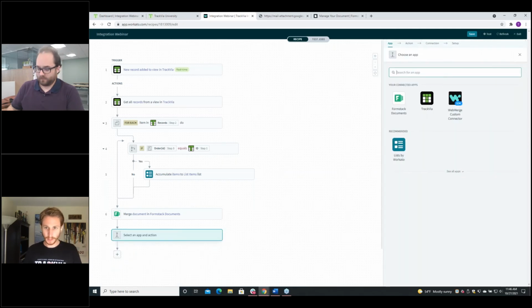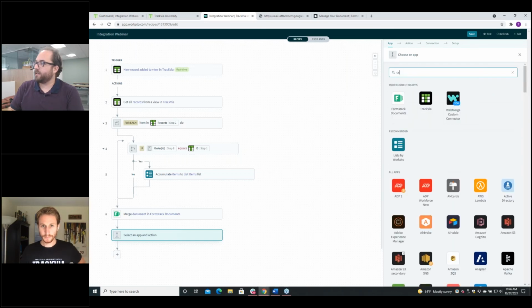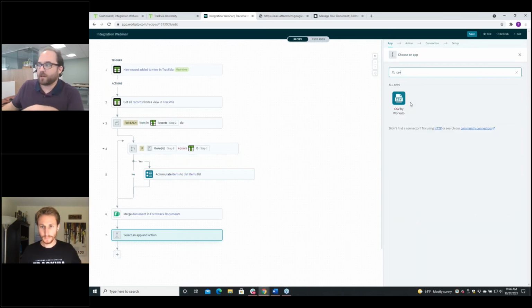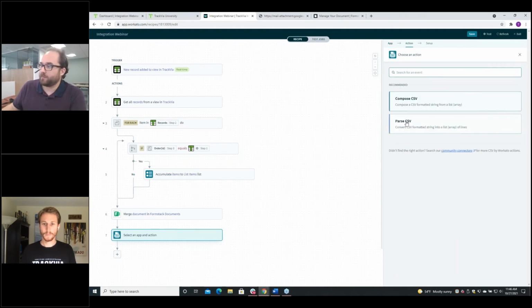Let's see what Tim's got going here. Yeah, so in Workato, there is a tool called CSV by Workato. It's more CSV than Excel, but it can compose or parse CSVs. So you could theoretically, and this is a little bit higher difficulty, have somebody put an Excel document into a document field in TrackVia, and then have that document get sent over to Workato, where Workato could parse it and then send the fields from it over to Webmerge really easily.